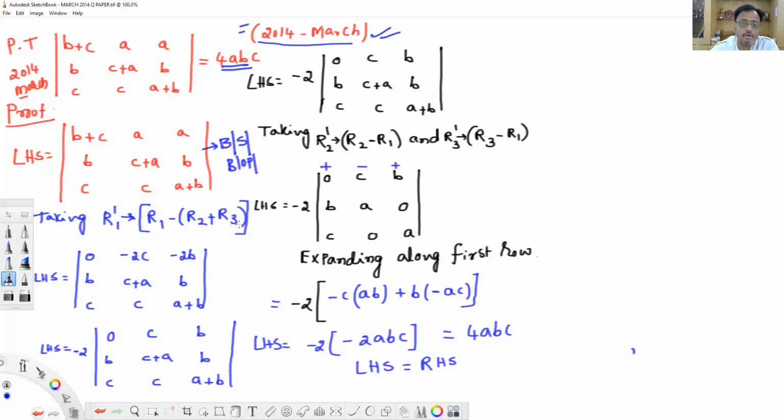Now here afterwards it is important for you to learn how to select the operations. How to select the operations, I'll tell you. Now, number one, to prove that the answer is 4ABC. Now some students think that, no sir, for us it will be easy that we will expand by R1, that is plus, minus, plus. Okay. You expand and you can prove this answer.